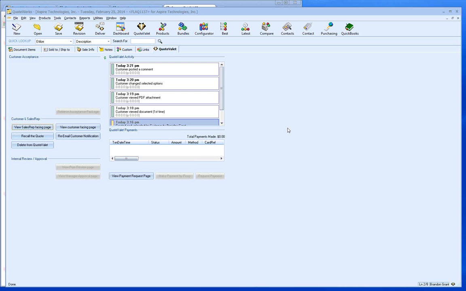There's also an option to recall the quote. So if you send out a quote to your customer and maybe you forgot to include sales tax, you forgot to include an item, or maybe something's no longer available, maybe you put a service on there that you're no longer offering, instead of having to send an email and say, disregard that quote, that's no longer valid, you can